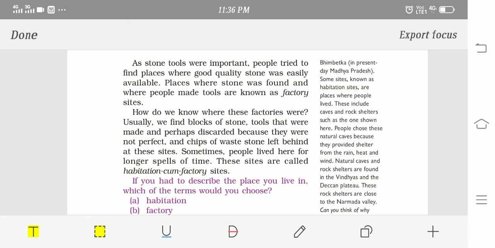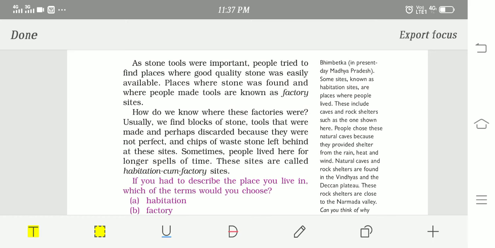Yes, come back to the topic on this para. They are saying the stones which were used to make different tools were not available everywhere. A particular quality of stone is found in one place and different kinds of stones are found in different places. Somewhere the red color stones are found, somewhere the brown or gray color. So this availability is not common everywhere. So wherever stones of good quality were found, people used to live there, but those places became famous only for the work,